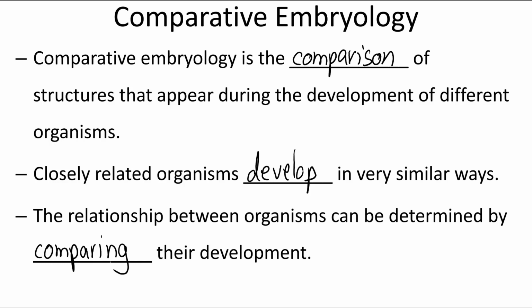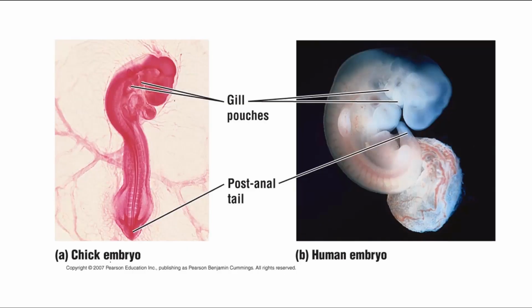So here in this diagram, if we didn't have the labels on the bottom, would you easily be able to tell which of these would grow up into a human and which of these would grow up into a chicken? At this stage in their life, both of them look very similar to each other and very different from their final adult form. In fact, in both of these, there are embryonic structures that are present that won't be there in the adults, such as a postanal tail or gill pouches in the neck.